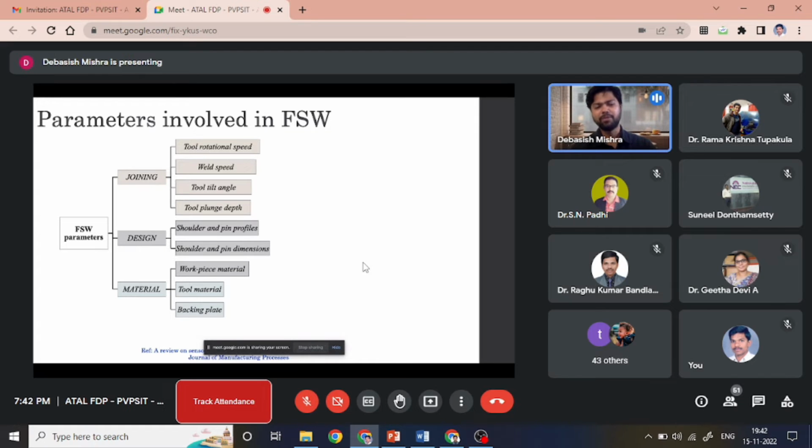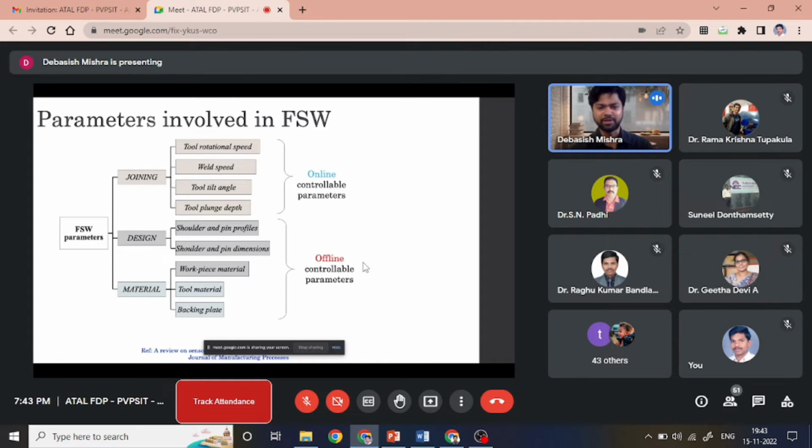And finally, we have the material parameters, which is what material we are taking for the combination of the tool and the workpiece, whether they are compatible with each other, and also there is a backing plate, which sometimes is important with respect to the heat that is generated in the process. So if I have to group it from the perspective of applying Industry 4.0 or real-time monitoring, the joining parameters are rate controlling and they are the online controllable parameters,